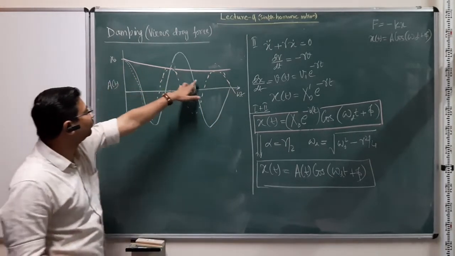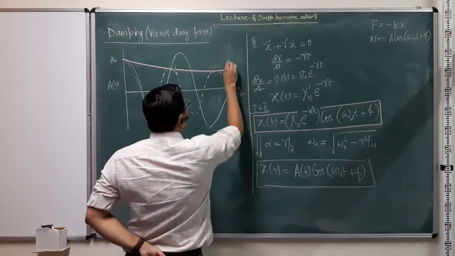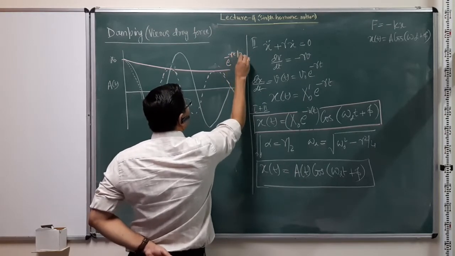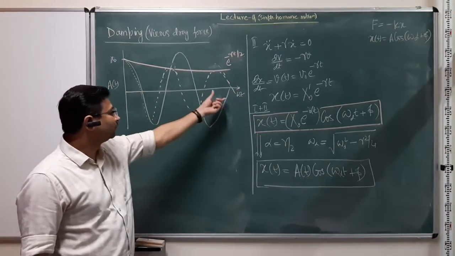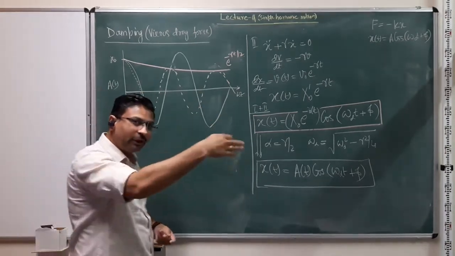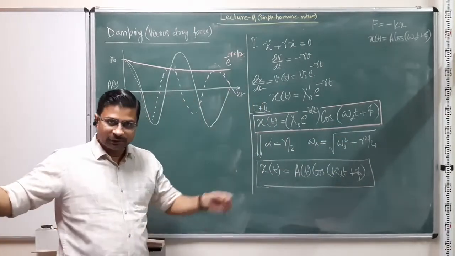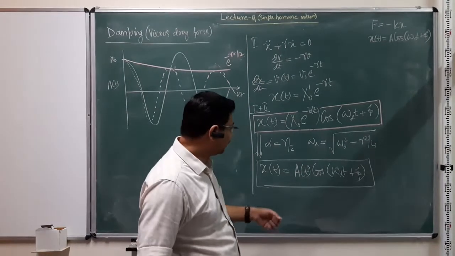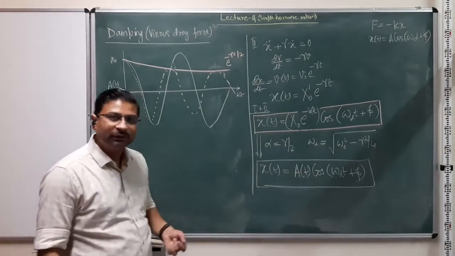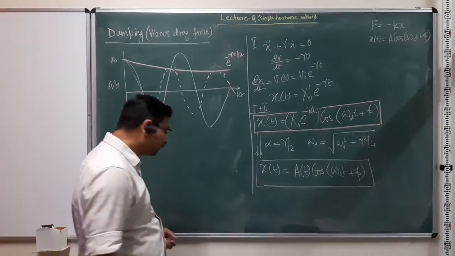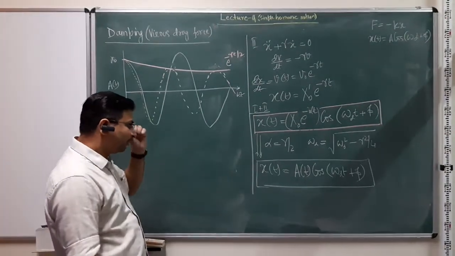So the loss in amplitude is simply following the exponential behavior, exponential minus gamma t by 2, where gamma by 2 is basically alpha, right? So this is how the system is going to oscillate. It's still going to undergo periodic motion with a frequency omega d. However, it will keep on losing its amplitude, the maximum range that it can attain, and over time we know that normally all systems come to a stop, right? So basically the oscillation amplitude becomes very, very small or negligible compared to the minimum or center location.